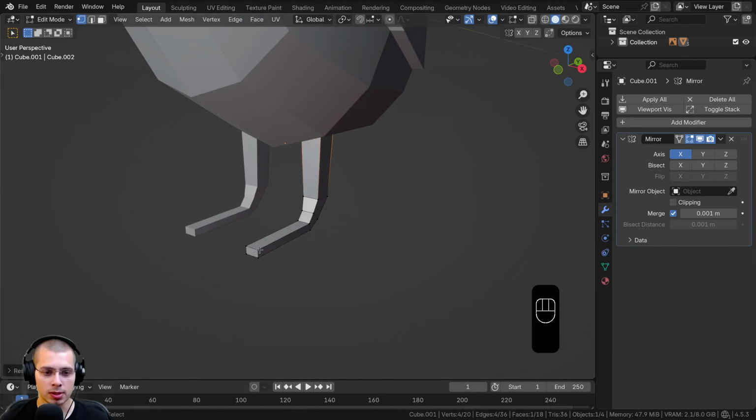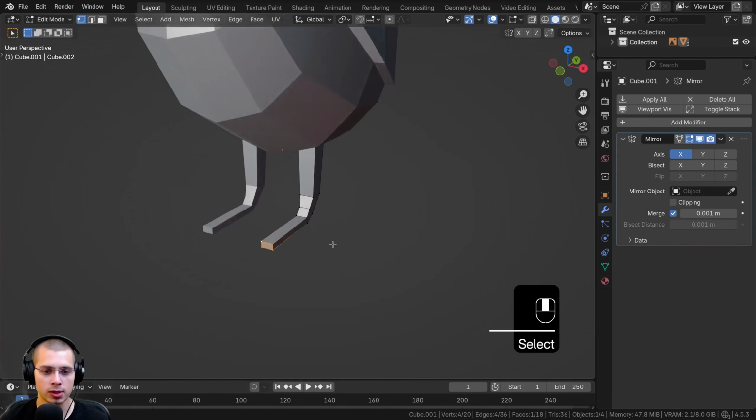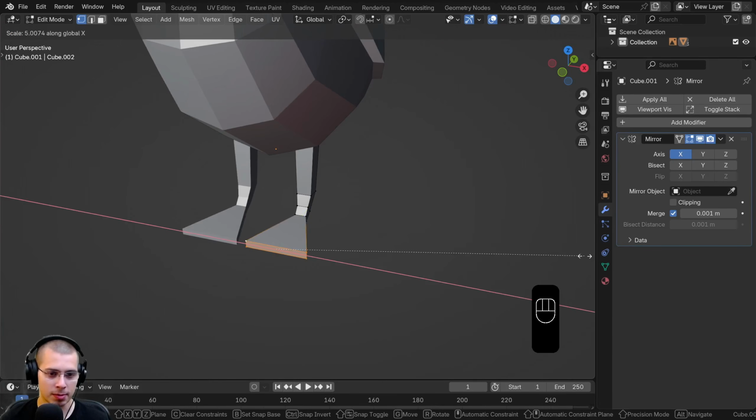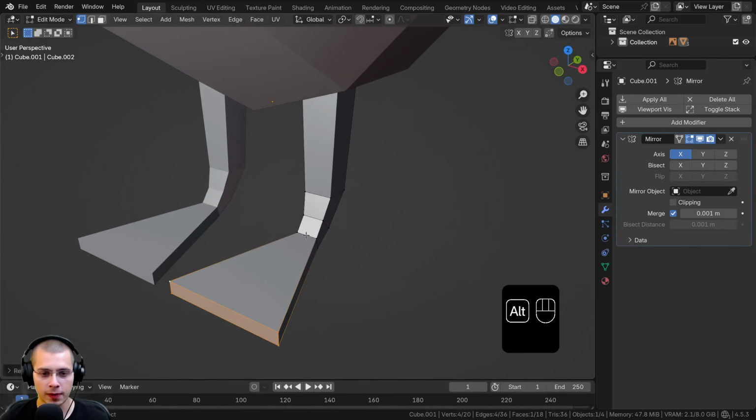So now what I want to do is select these 4 vertices here. So hold down shift and select those 4 vertices, and I want to scale them, and we're going to scale them on the x-axis to make the cute little webbed feet. So like that. Also, if I hold down the alt key and select that loop right there, and shift alt